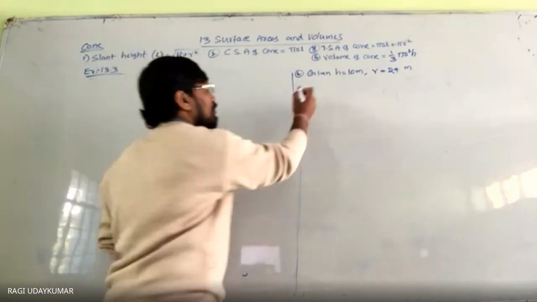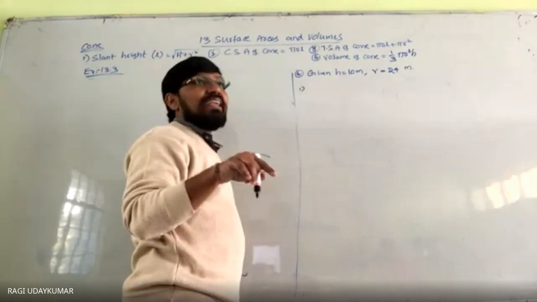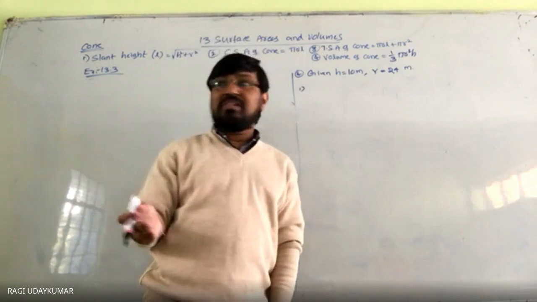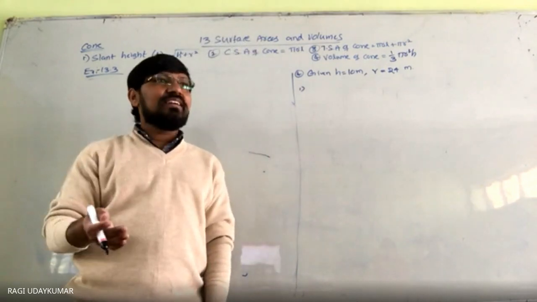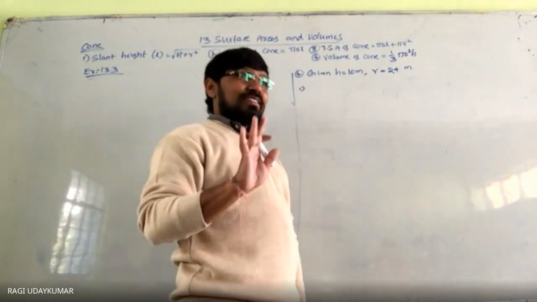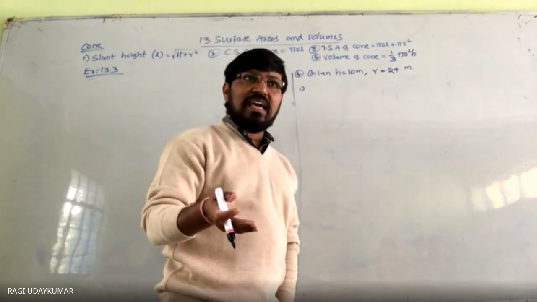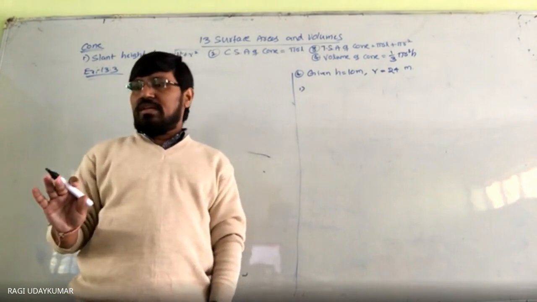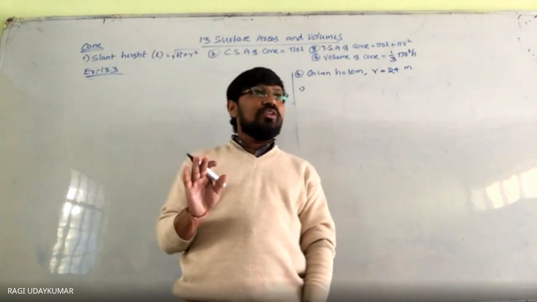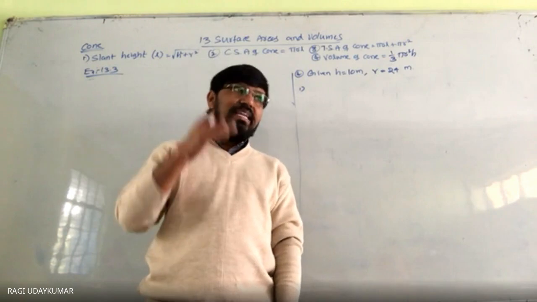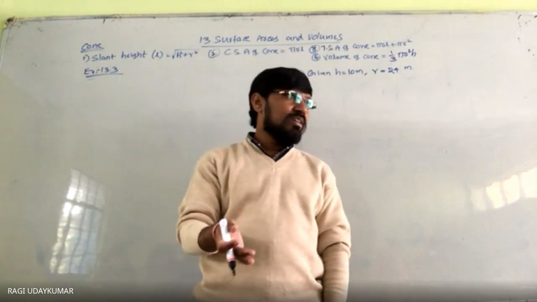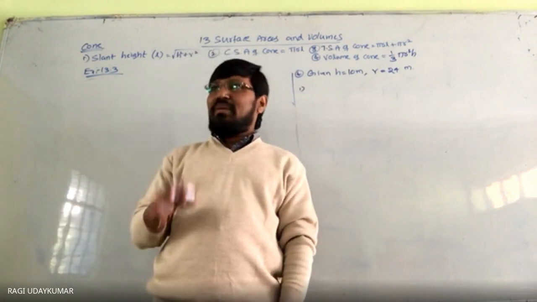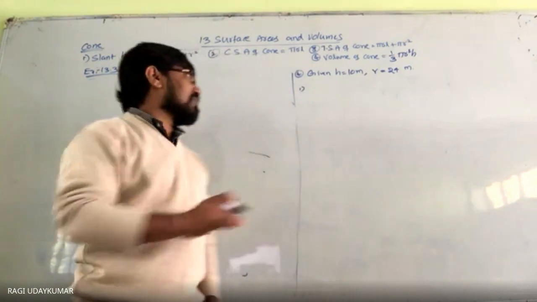So in this what you have to do first thing is that you need to find out slant height. Covered surface area के लिए हमको slant height चाहिए. In case question में slant height पूछ लिया. If it is not asking also you need to find the slant height. Because covered surface area find out करना है. Directly question में आपको cost of the canvas is asking to you. Suppose cost of the canvas only asking to you, then you can find out that cost of the canvas के लिए curved surface area is needed to us. So curved surface area के लिए then we need to take the pi r l में l चाहिए हमको. So l find out करना है.